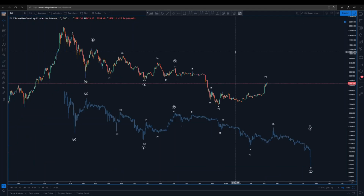This is the count that I'm proposing, and I've put it alongside the fractal from 2014. Now, I know people say, oh, different years, different corrections, yada, yada, yada, but I just want to show you the similarities of where we're at in the market. Now, you can see in this count, the reason why I changed this, let me go back to this one,